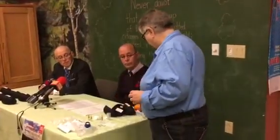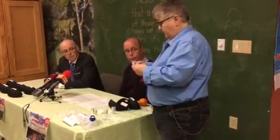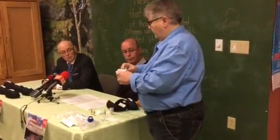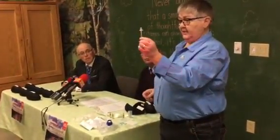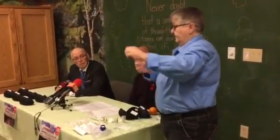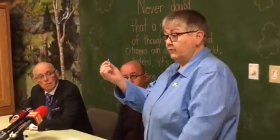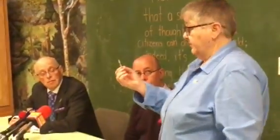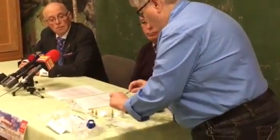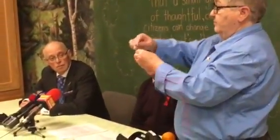The next thing is to inject the naloxone. So you have to open the syringe. Now, as you can see, the plunger is sticking up just a little tiny bit. And it's a nice big needle. It's a 25 gauge needle because it's designed to go right through clothes, jeans, heavy materials. And so, let me show that. Okay, so you take your naloxone,